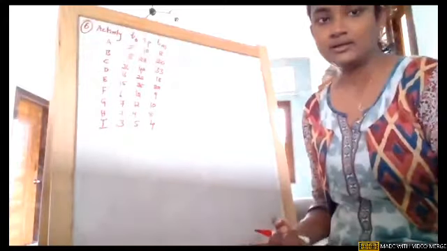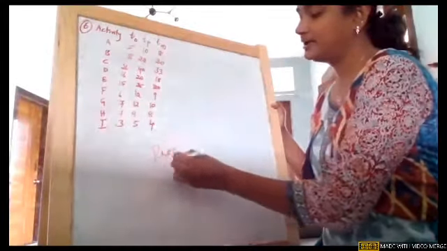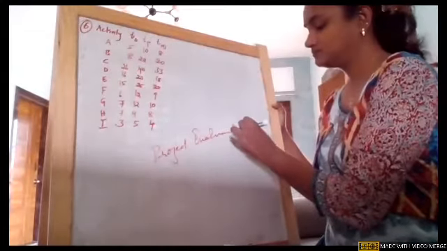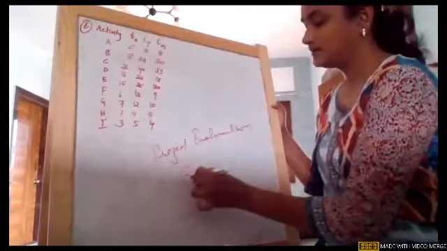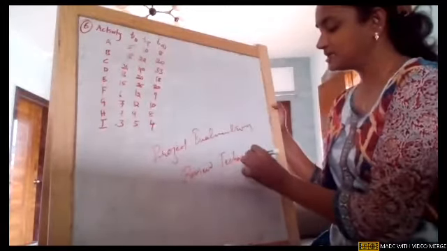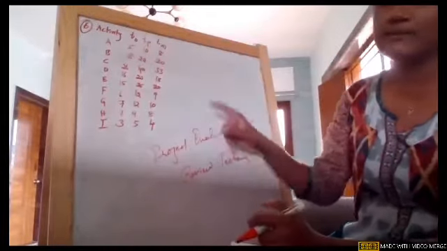Okay, so PERT represents Project Evaluation Review Technique. So what is the main difference between CPM and PERT is,